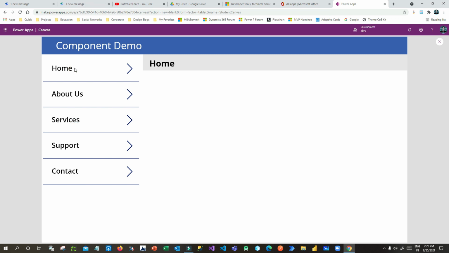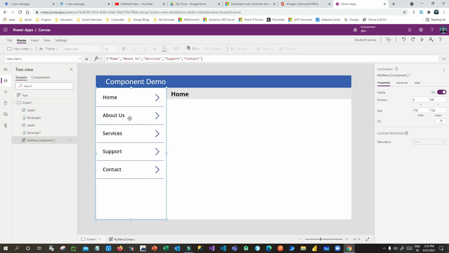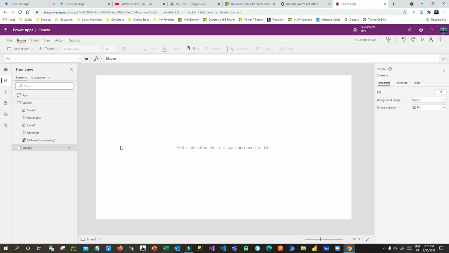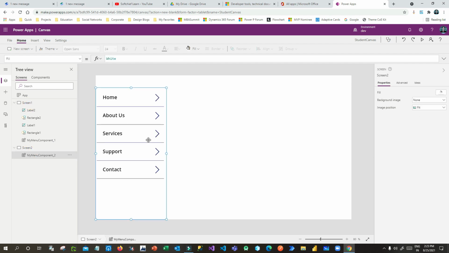So like that you can also use different input properties and output properties and reuse this component in any of your screens. If you create another screen and you want to use the same component, you can just copy this component and paste it there, and it will display everything that you have designed in your component. So very little customization is required if you create reusable components, right?